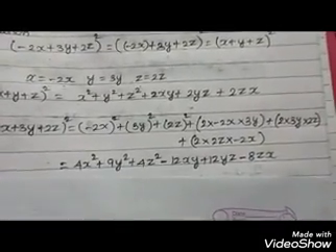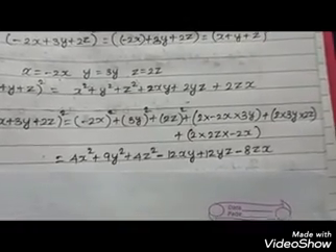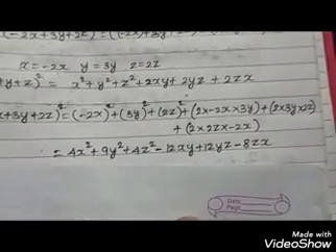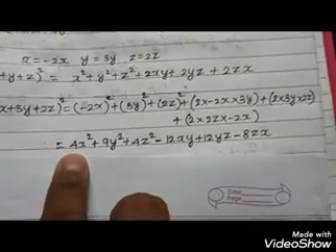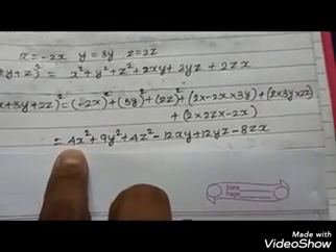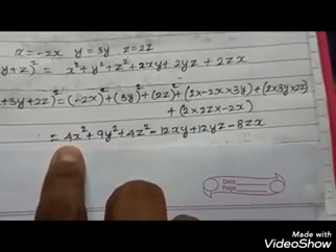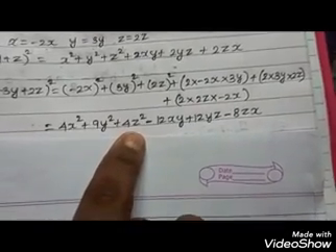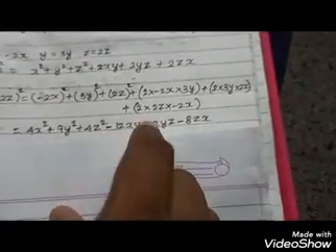If you square the value of minus 2x, minus becomes plus. How is it possible? Minus into minus is plus. 2 2s are 4. X you square, you get x square. So minus 2x becomes 4x square. The same way 3y: 3 square is 9 and y square is y square, 9y square. And 2z becomes 4z square. So now you need to multiply as usual.